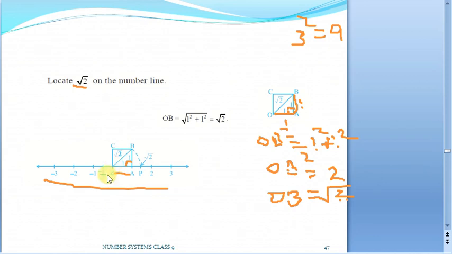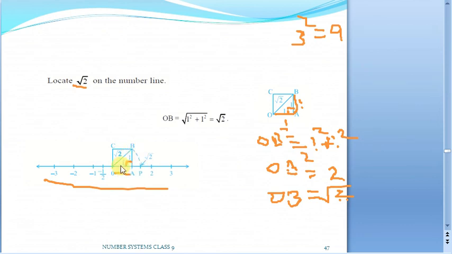Now what we will do, we will take our compass and we will keep the tip of the compass at this 0 and our pencil tip at this B. So that means we will arrange our compass to the length of OB. So this O is our 0 here. We will assume this to be starting at 0. So this will be root 2 units. Now we will move our pencil towards the number line in an arc.